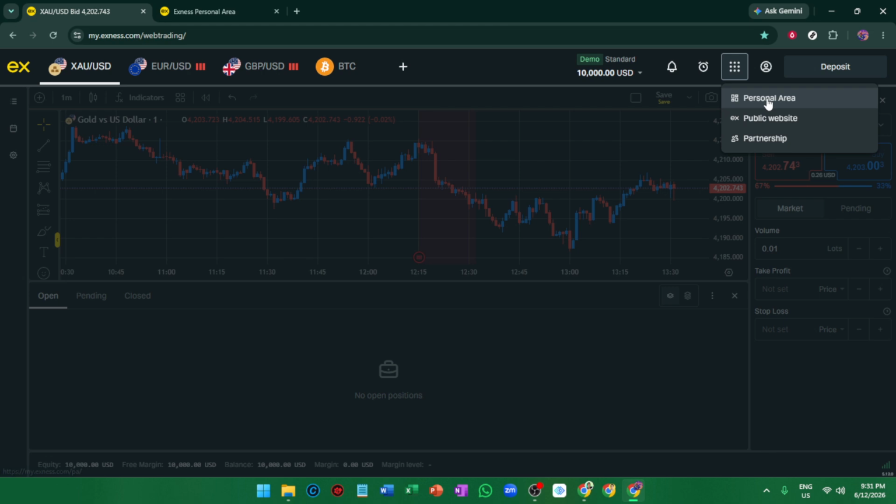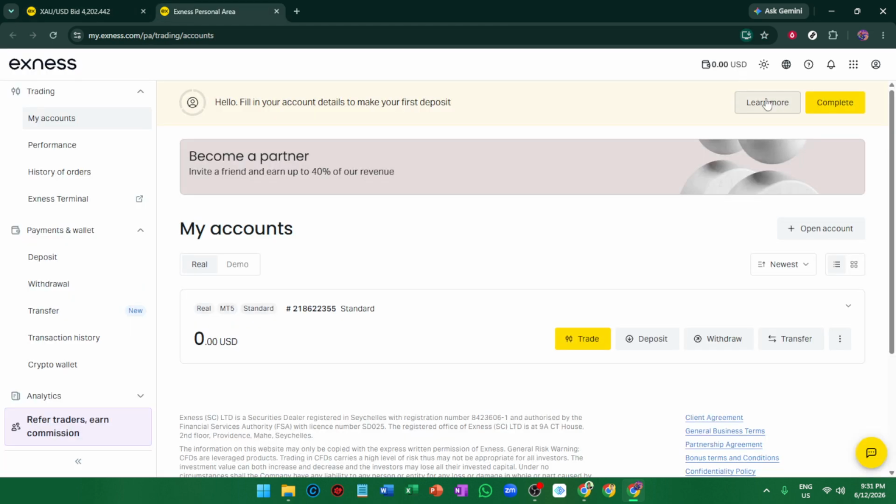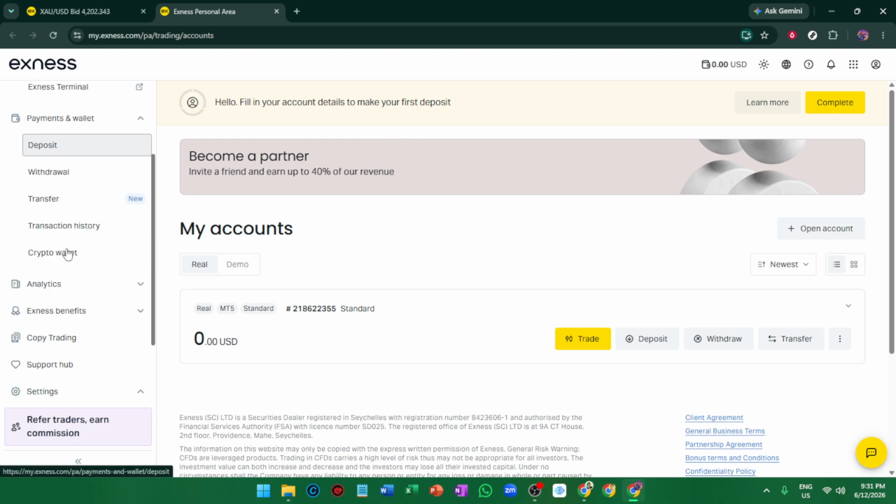To get started, log into your Exness personal area using your current credentials. This is the main account dashboard where you can manage your profile, settings, and security options. Take a moment to make sure you've signed into the correct account before moving on, especially if you manage more